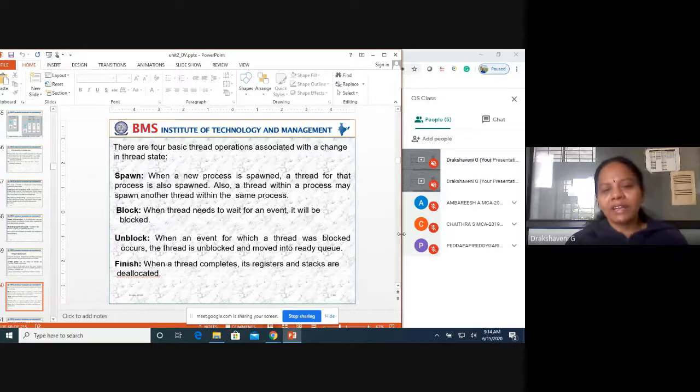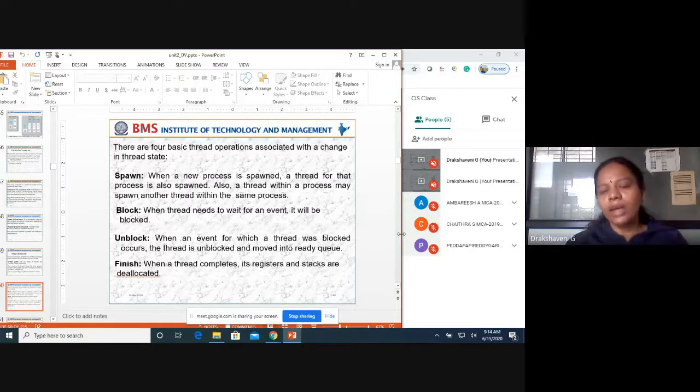Unblock: when the event for which a thread was blocked occurs, the thread is unblocked and moved into the ready queue. Finish: when a thread completes, its register context and stacks are deallocated. Those are the operations the thread states are doing.